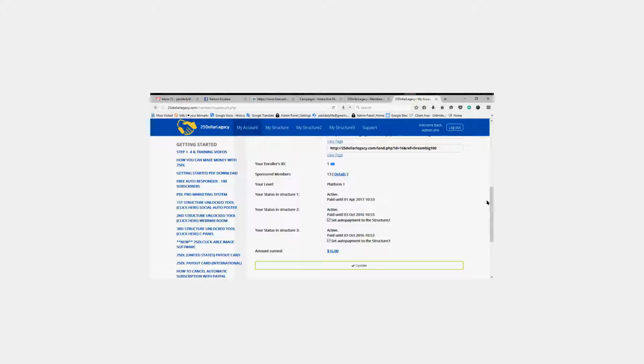Once you capture these people's information, you have a lead. You're building your list. Number two, how did you get this person to fill out that form? How did you get this person to see your My Site page? Number three is you use the clickable image software. That's going to direct. Everything's a funnel. You're funneling people to where you want them to go. And from there, that's where you'll be able to communicate with these individuals, whether it be through email, phone, or text. Either way, you're going to be building your list, building your business using the Legacy to do it. And we're going to show you how to do it today.